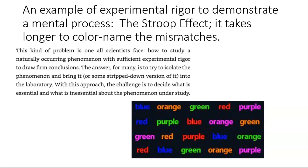under study. So, for instance, here's the Stroop effect. You may have seen it before. I'm going to read the color of the font horizontally: blue, orange, green, red, purple, blue, green, red, purple, orange, purple, orange, red, blue, green, and then red, blue, green, orange, purple. As you can see on the top and bottom rows, the color of the font and the word match. In the middle two rows, they don't match, and it was much harder to perform that task in the middle